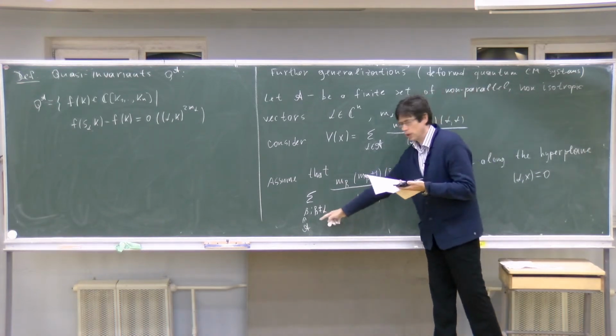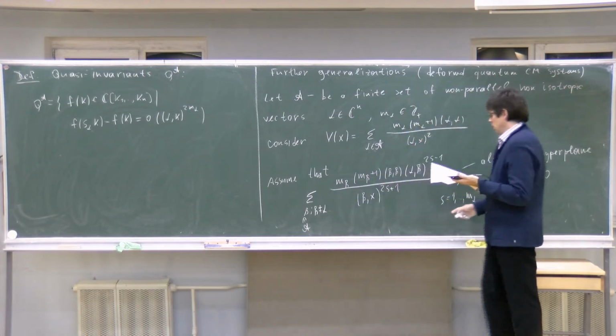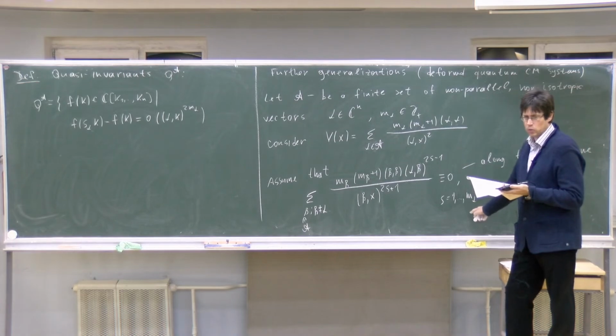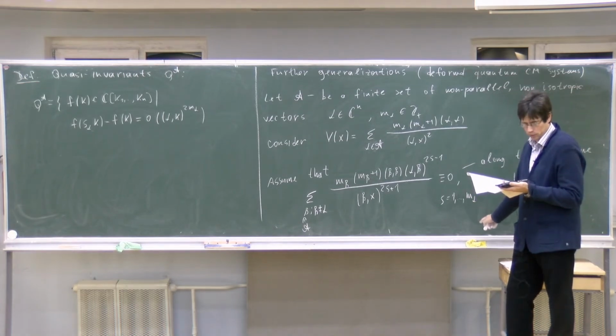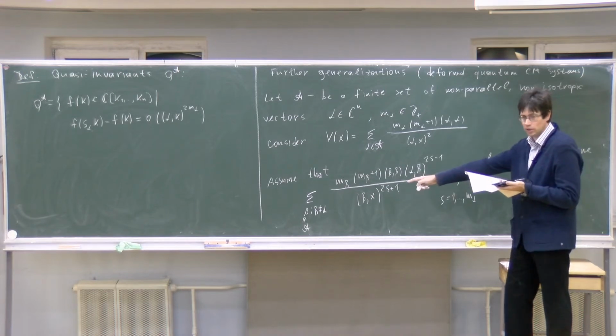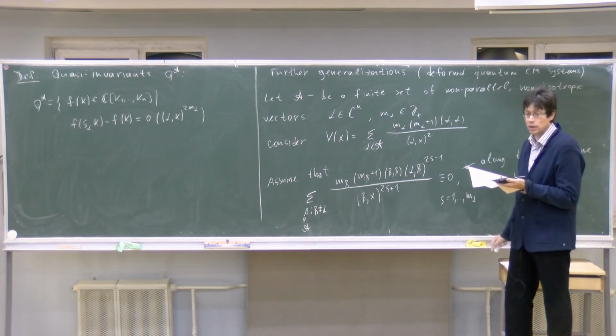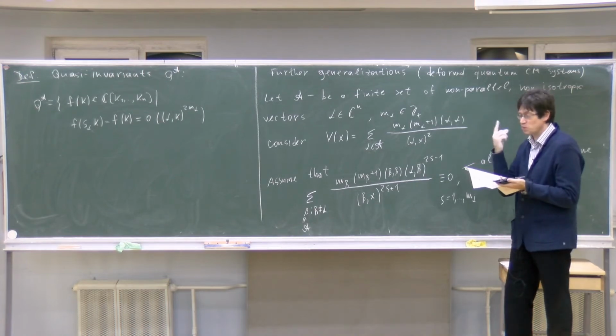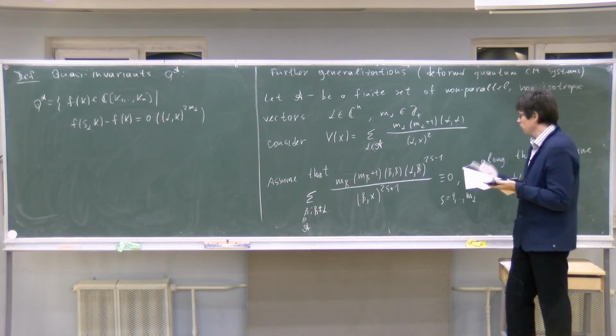Alpha runs through A, and s runs through the set from 1 to m alpha. Here m alpha depends on alpha, of course, so we fix alpha and we have lots of equations. Can one guarantee that these equations are compatible and so on? This is the main point, because this